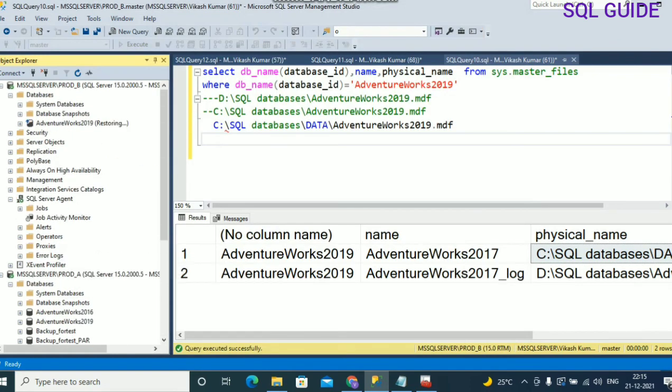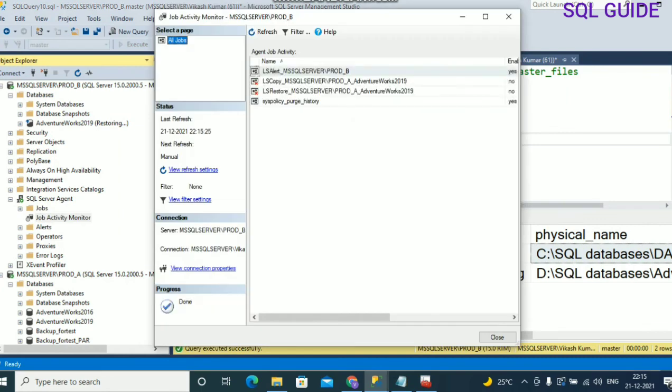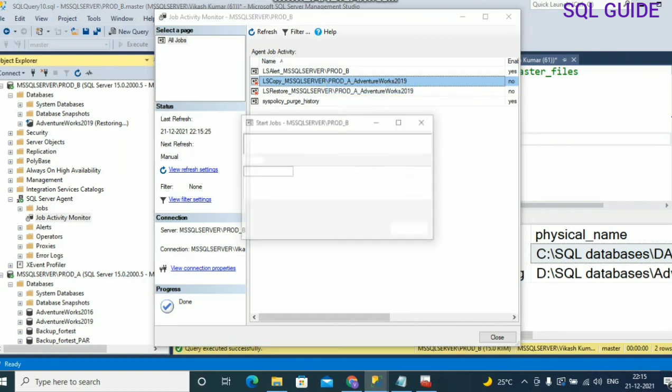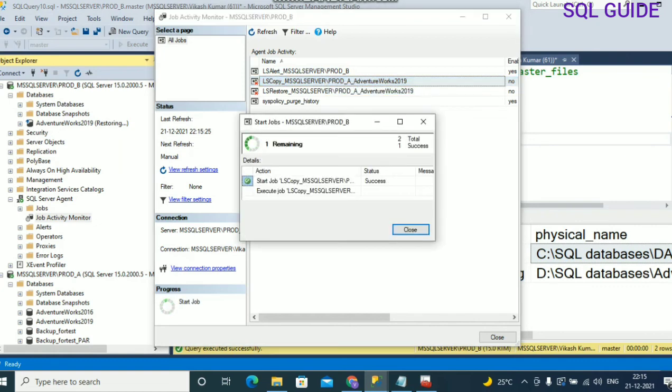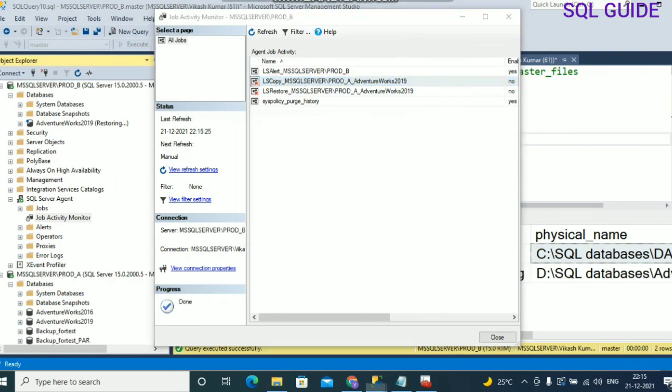Go and connect to the prod_b log shipping secondary instance, open job activity monitor and run the LS copy job. The job also completed successfully. Now go to LS restore MSSQL prod AdventureWorks 2019.